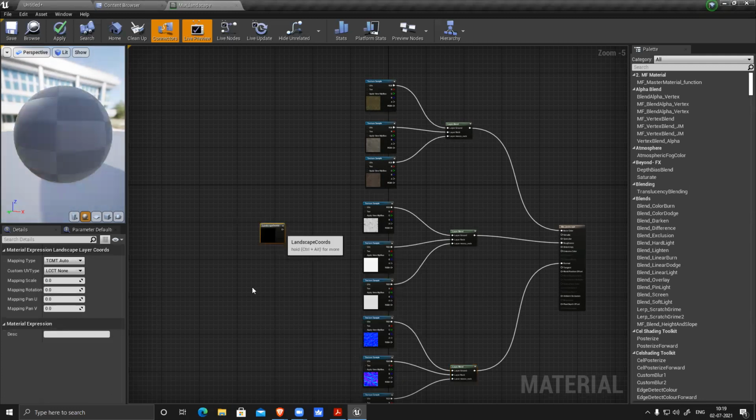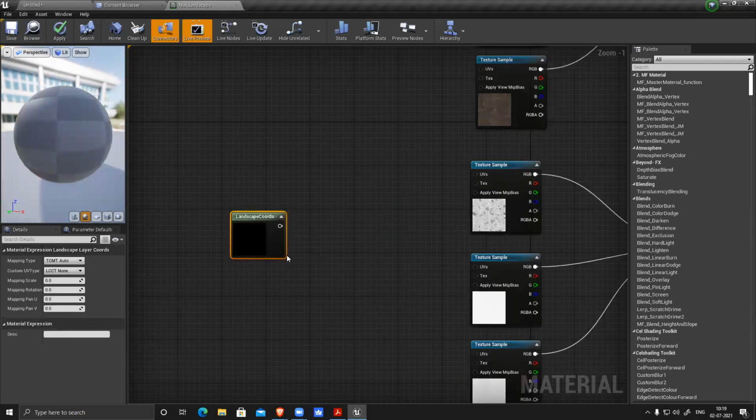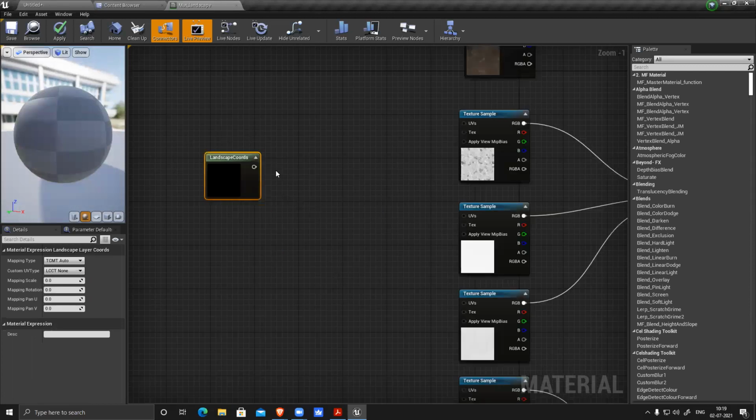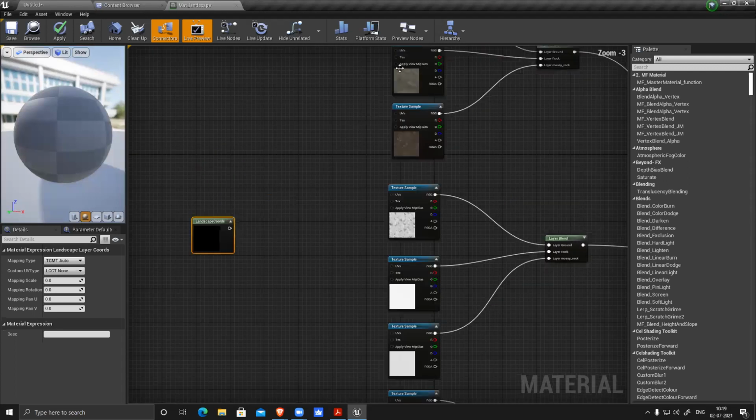Click this. It will give you a function where you have landscape coordinate. And if you want to tile it, I can simply connect this directly to all the UVs and it will tile. But what if I want to control it dynamically and see it on screen directly, like make it real time?